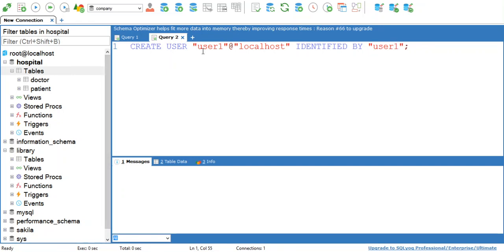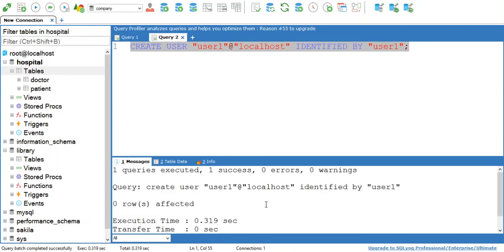So the query is create user user1@localhost, which is given in double quotation, then write the keyword identified by, and then specify the password user1 or any other password that you want to set in double quotation. When you execute this query, a new user will get created with name user1 and with password user1.